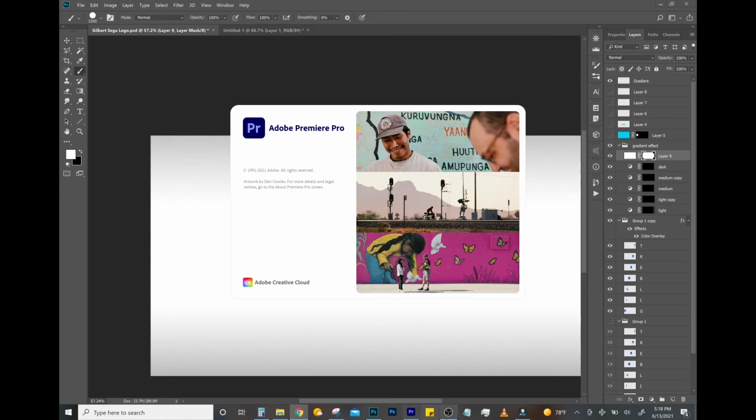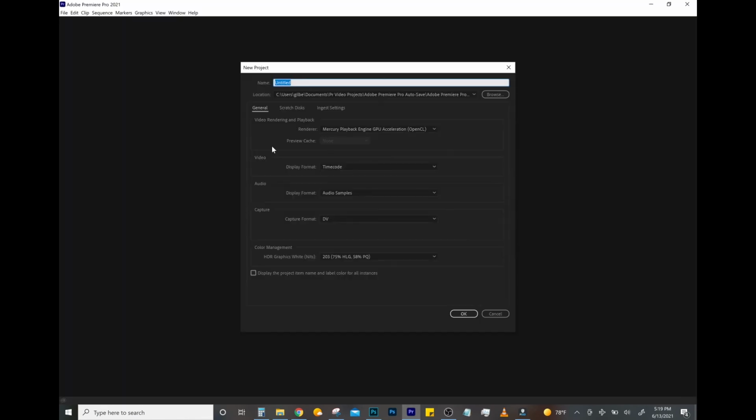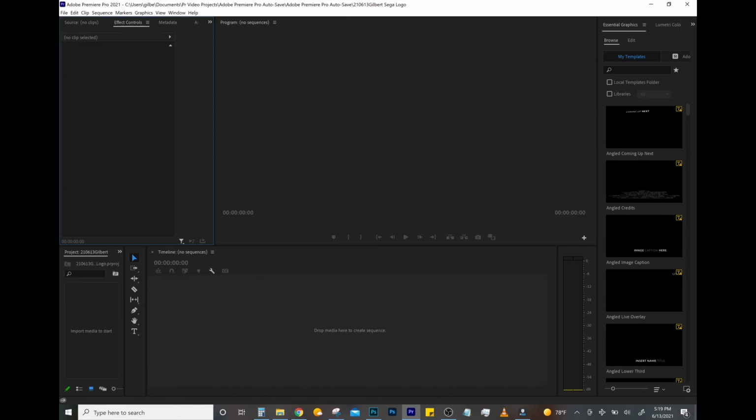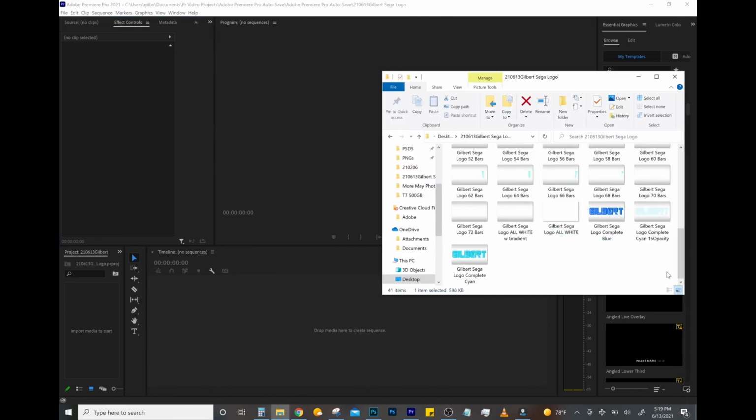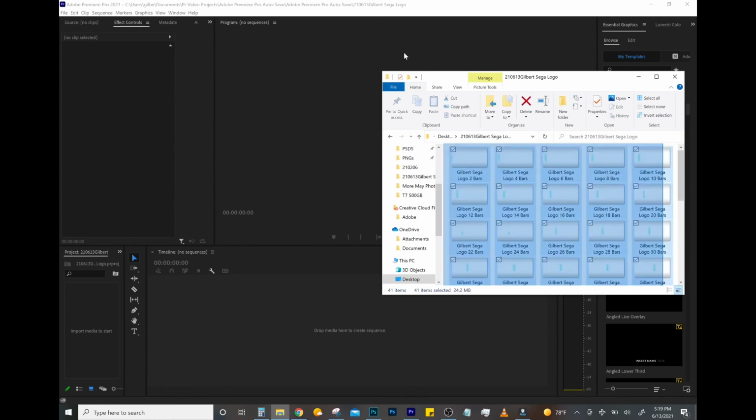All right, and now I'm opening up Premiere Pro to put all of these images just onto a timeline. I've got now my 35 frames of the effect, and then I've got my other frames of the light cyan, the dark cyan, the light blue, the dark blue. I've got my all white with the gradient background. I also made an all white frame in general, which I thought I might need or use, but I didn't need it, so that was unnecessary. But I've got an all white with the gradient, which was necessary because that's an actual frame in the end